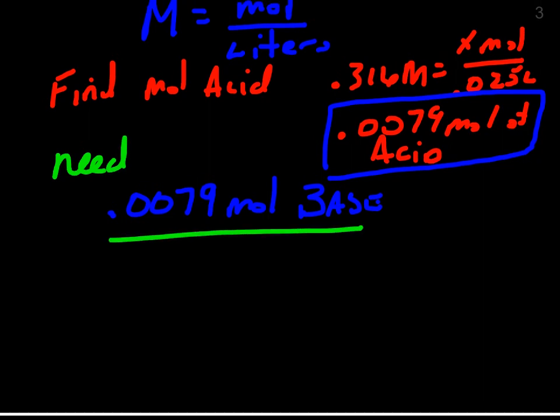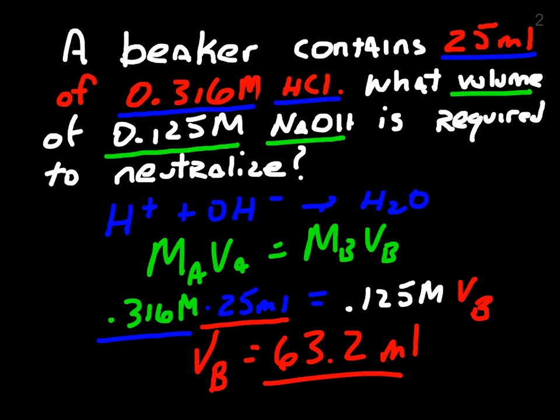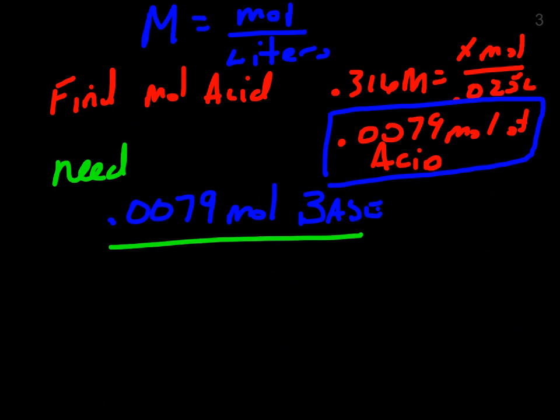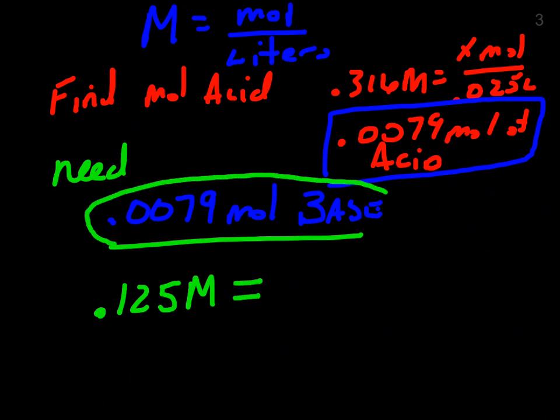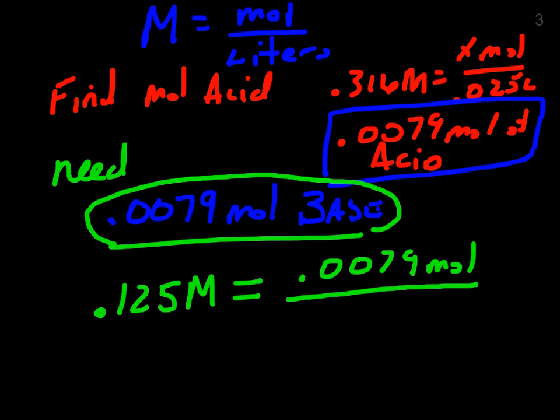Well, looking back at the concentration of the base, it was 0.125 molar, all right? So 0.125 molar is the molarity of the base, equal to the number of moles that I need, 0.0079 moles, divided by